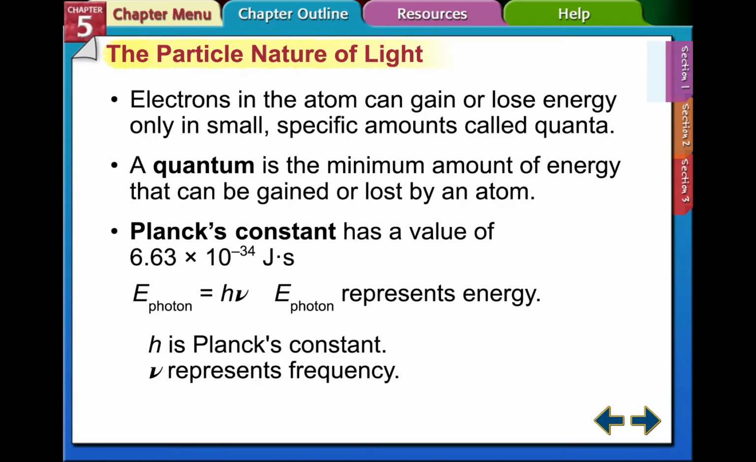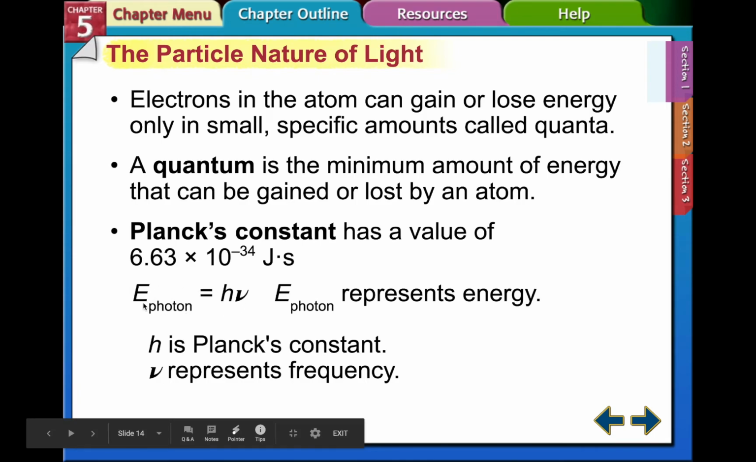Electrons in the atom can actually gain and lose energy by gaining or emitting photons. They gain or lose energy because these photons carry energy with them. A quantum of energy, again, is that bundle of energy that these photons carry with them. So if we were to determine the energy of a photon, the energy that a photon is carrying with it, we can use this